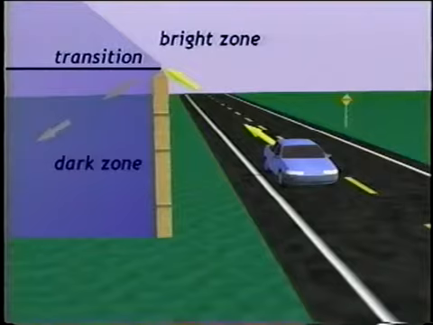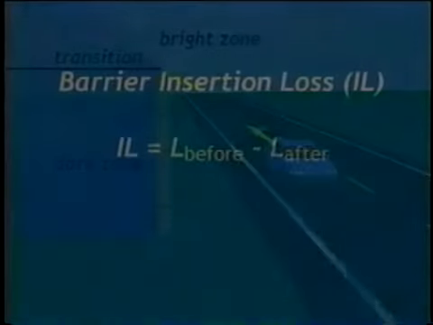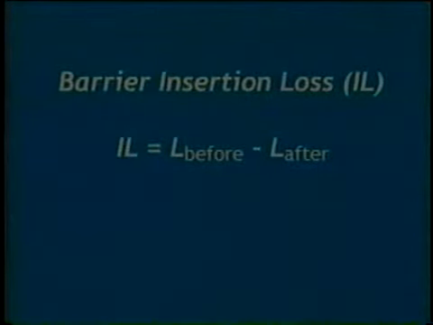For sound, the shadow must be considered an area of noise reduction rather than an area of noise absence. The deeper or closer to the base of the barrier a receiver is positioned in the shadow zone, the greater the associated barrier attenuation. Barrier attenuation is usually represented by the more standardized term barrier insertion loss. Barrier insertion loss is defined as the sound level at a given receiver before the construction of a barrier minus the sound level at the same receiver after the construction of the barrier.